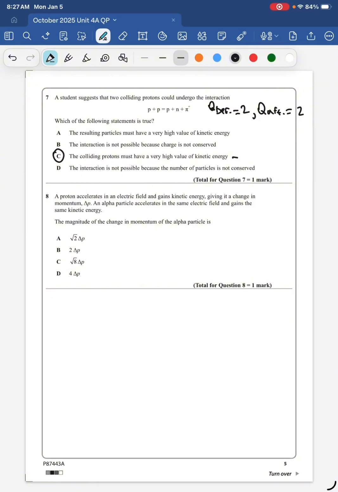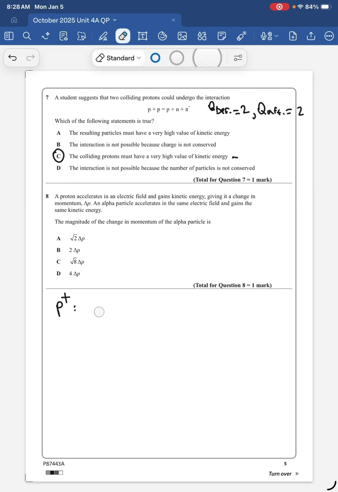Moving on to question 8. A proton accelerates in an electric field and gains kinetic energy, giving it a change in momentum delta P. An alpha particle accelerates in the same electric field and gains the same kinetic energy. The magnitude of the change in momentum of the alpha particle is... Here we have to think about, the proton has a charge of plus e. So if the electric field is E,